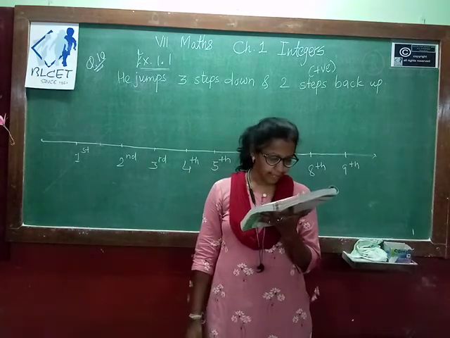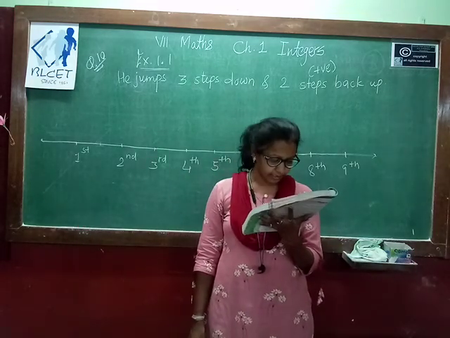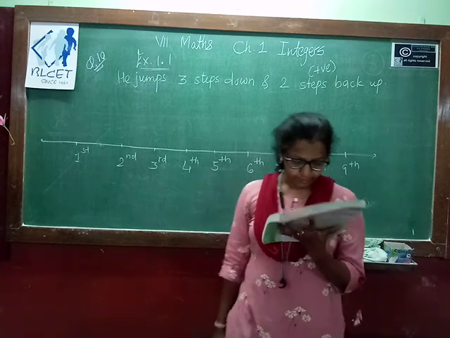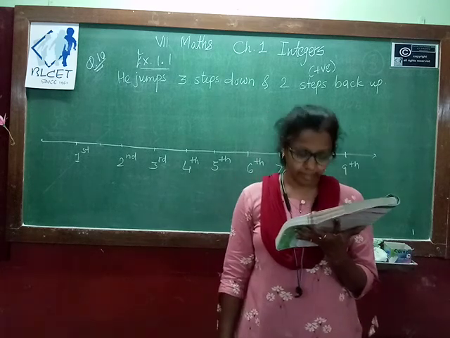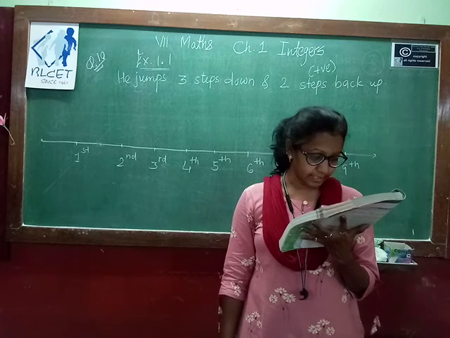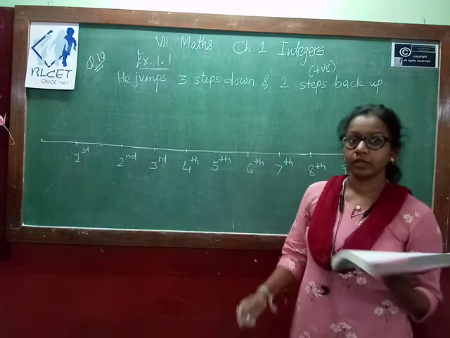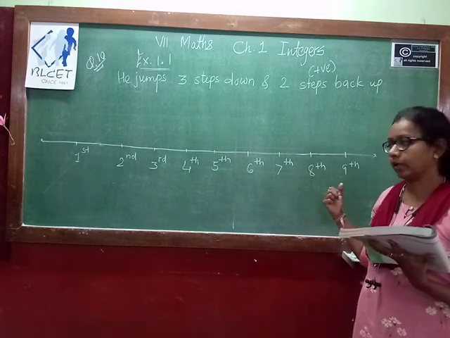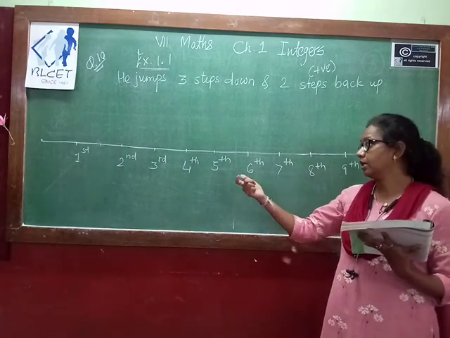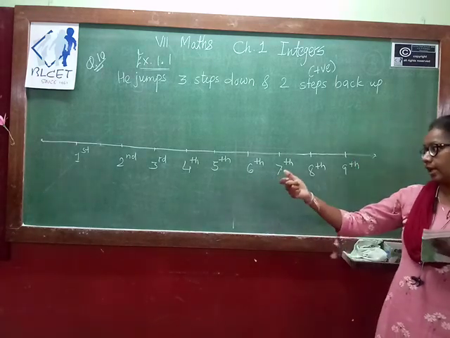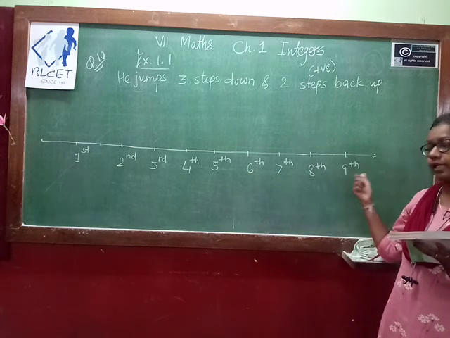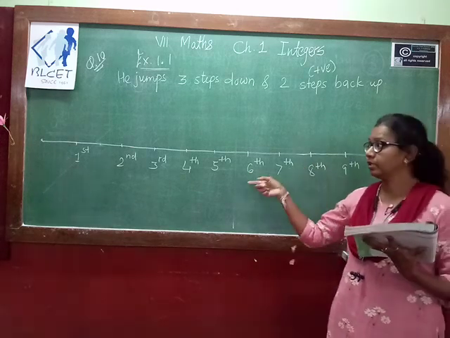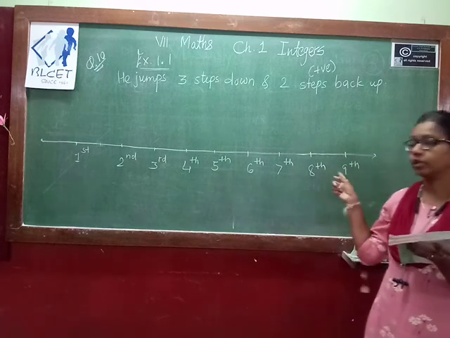A water tank has steps inside it. A monkey is sitting on the topmost step, that is the first step. The water level is at the 9th step. So the steps I have mentioned like a number line. Okay, on the number line I have mentioned the steps. First, second, third, fourth, fifth, sixth, seventh, eighth, and 9 steps are there. How many jumps did the monkey do to reach from the first level to the water level?